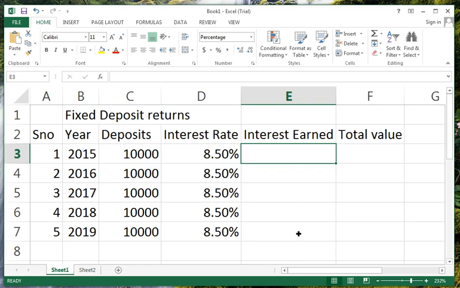So now this is it. Now we need to calculate our interest and we need to calculate the total value which is coming out. So how will the interest be calculated? Interest is 8.5%. So what I can say is equal to,